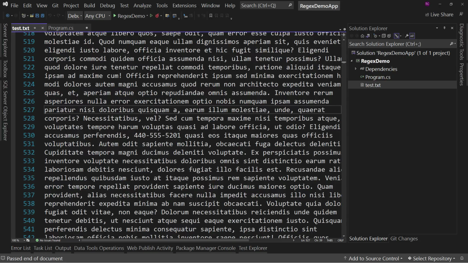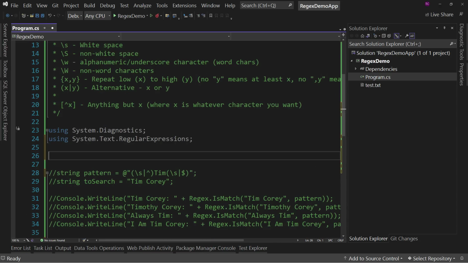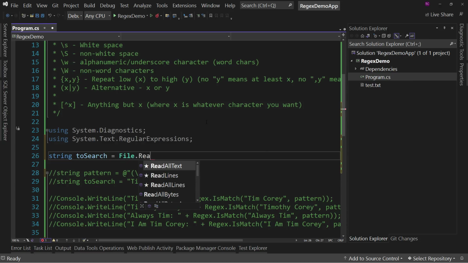And so what we want to do is take this text file and use it to really show off how powerful regular expressions can be. We're going to look for those phone numbers in that text file. Let's start by loading the file. We're going to say string to search equals File.ReadAllText from